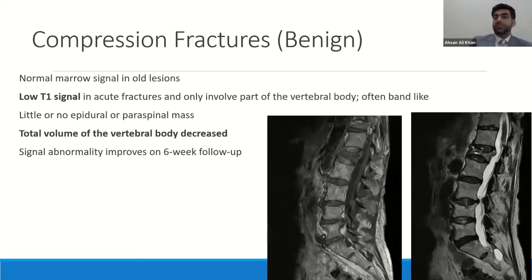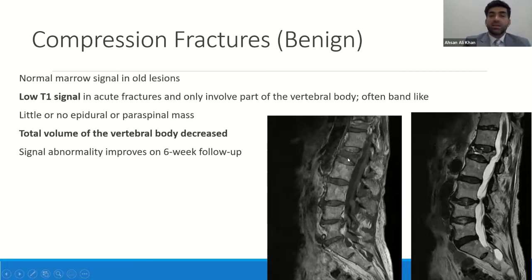So there are some signs, some differentiating features, when we look at the MRI. For example, the compression fractures which are benign would have normal marrow signal in old lesions. For example, this fracture is an acute one. You can see there is a difference between the marrow here and here. But let's say if this patient comes after 6 weeks or 10 weeks, then the marrow signal would be